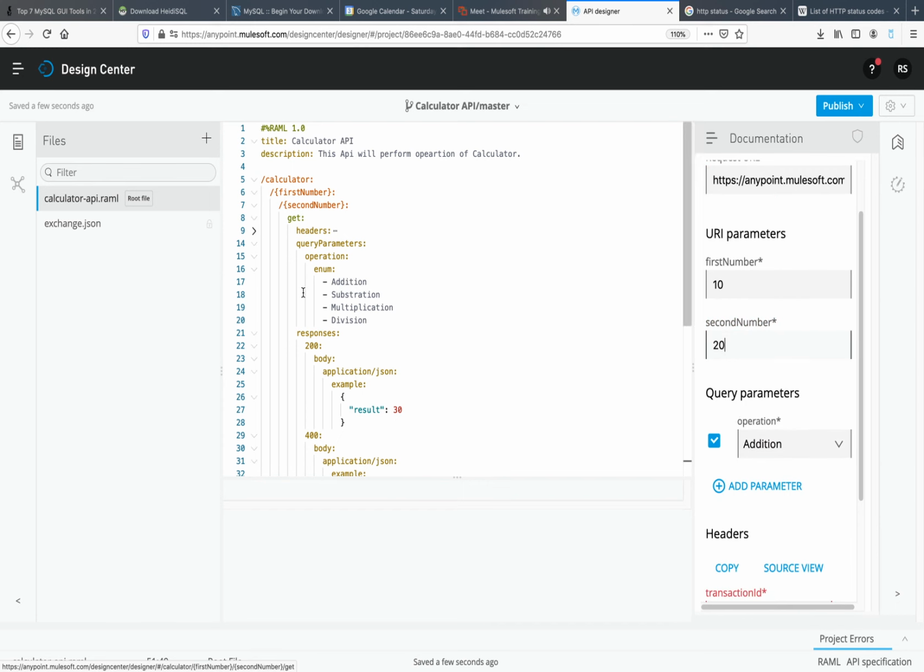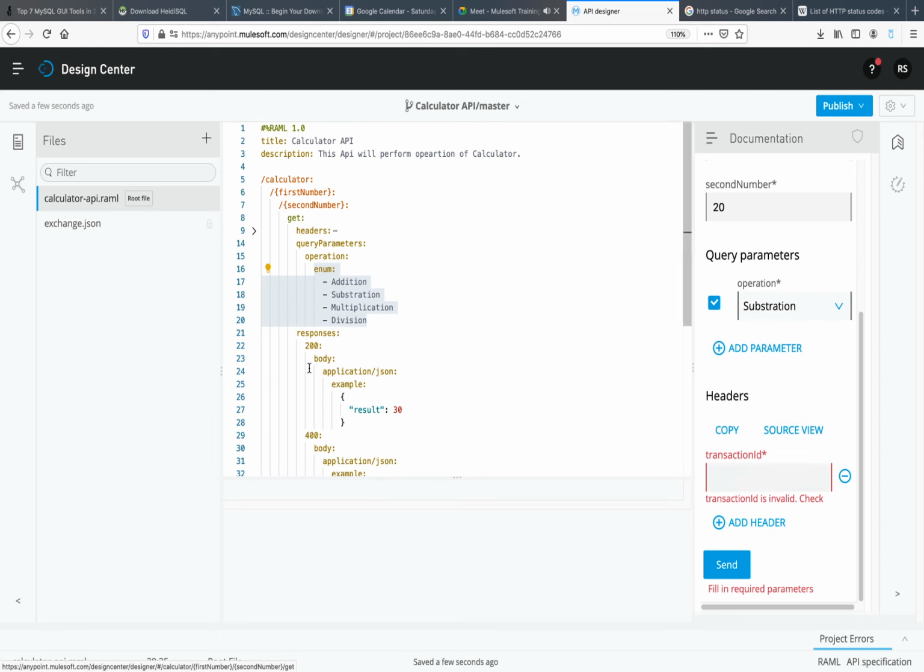Then see the query parameter. The query parameter name is operation, and we have used enum. In case of enum, we will have fixed values. We can pass only these values, so you can see here we are getting a drop down. We can select addition, subtraction, multiplication or division. Apart from this we can't pass any value. So I am taking addition or subtraction.